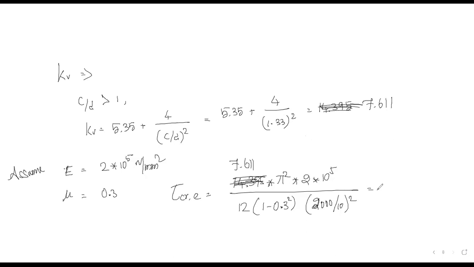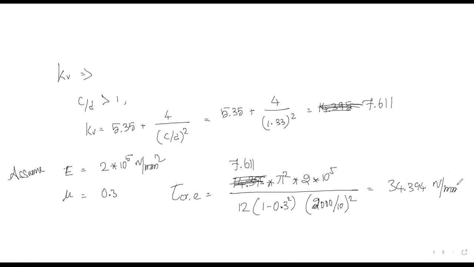So the value 7.611 multiplied with this, it becomes 34.394